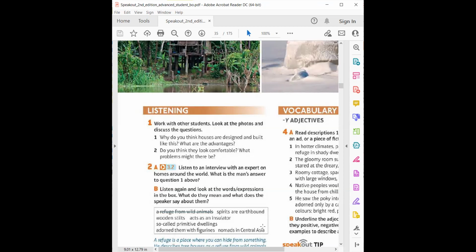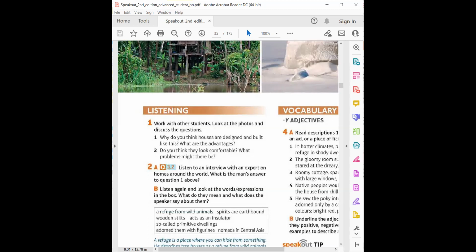But we have to recognise that these houses are built in accordance with the habitat and the surroundings. You know, igloos keep out the cold and snow, and tree houses provide safety. Then there are yurts, which are portable houses made of a wooden frame and animal skins. You can carry them around with you. Well, a yurt is built so that the nomads in Central Asia can move as the season and the weather changes. So, you see, houses can be beautiful, but in most cultures, they're built to be purely functional above all.